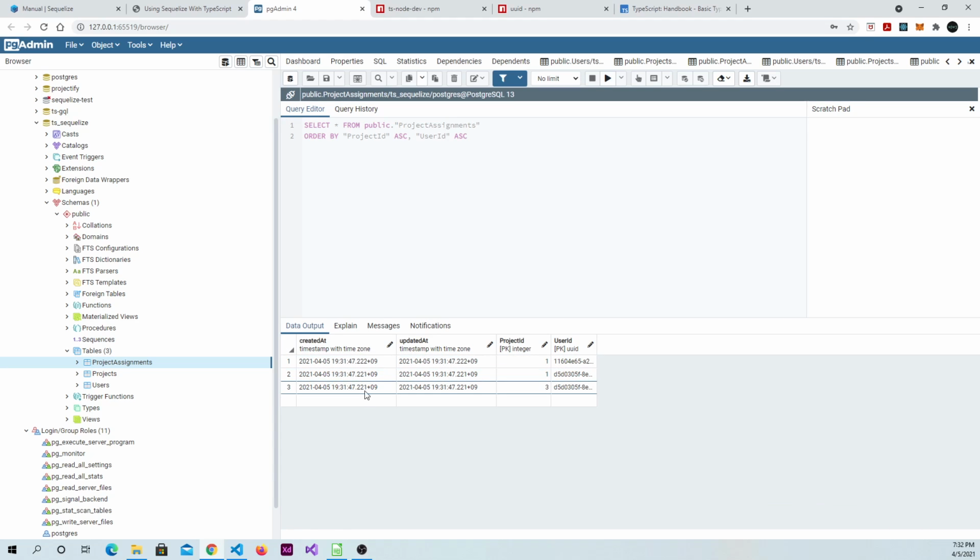Now one thing we can do, just as a test, is try to assign a project to the same person twice and see if we can do that or get an error. We should get an error, right? Because we set a composite primary key saying that if the user ID and the project ID being used together have already been used together in another assignment, then we shouldn't be able to create a new assignment. So going back to our code,